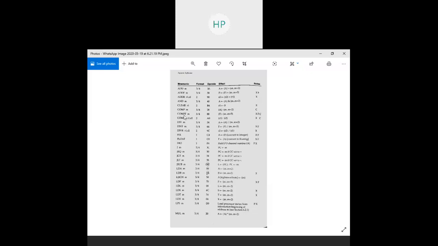See here, this instruction is compare. Compare the floating point register with this content. M stands for memory. So the content of the memory is compared with the content of the floating point register. When you compare it, you have to use what? CC, correct? I hope you remember the SW register, right? So C stands for the CC code.